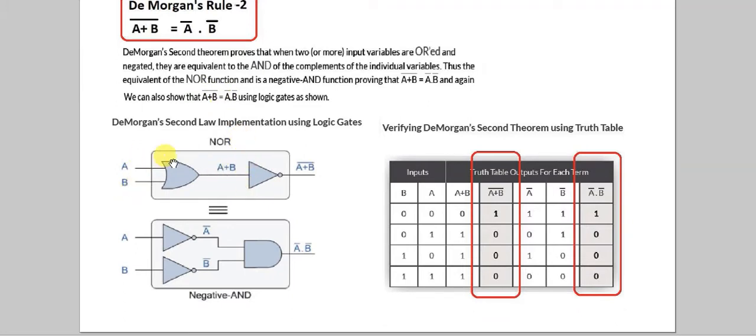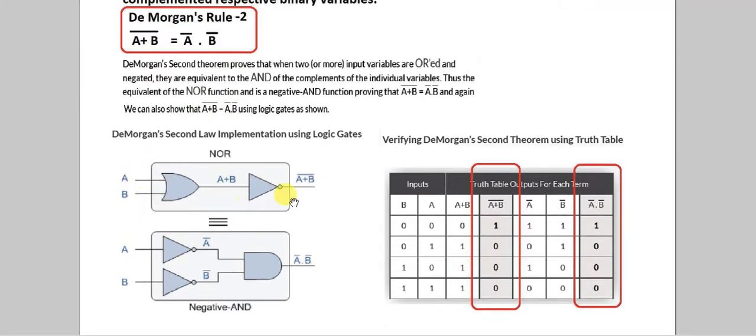So again, this is the OR gate with the complement. So we get (A or B) complement. This is the OR gate. This is the NOT gate. When we put a NOT gate in front of the OR gate, then you get the NOR gate. This is the NOR gate, A plus B complement. This is now the A complement AND B complement gate.